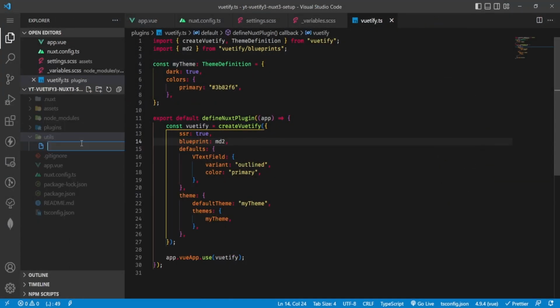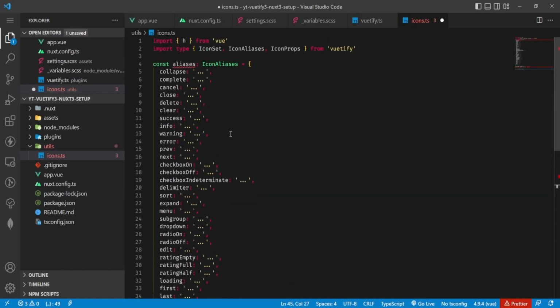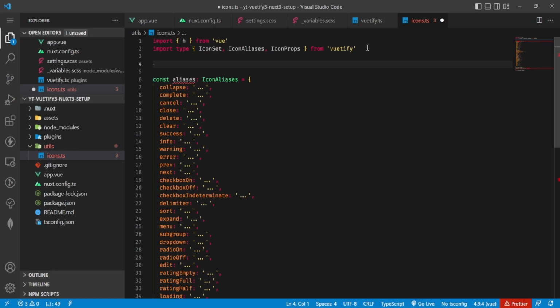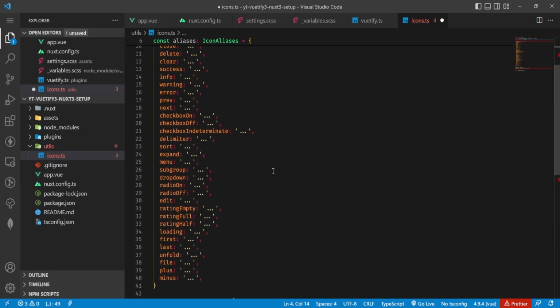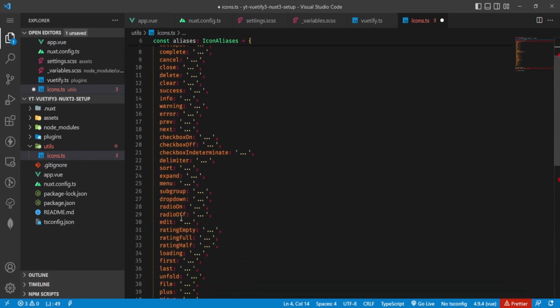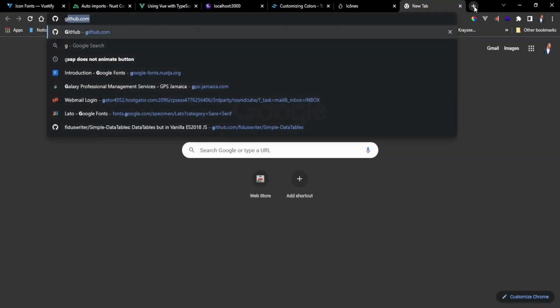In here, I'm going to create a file called icons.ts and paste in this thing. I'm also going to bring in the icon module that we installed at the start. So import, and we're importing this from components, icon. Cool. Now, like I said earlier, I'm not going to type this out. So let me just grab this from a repository that I have somewhere. So GitHub,